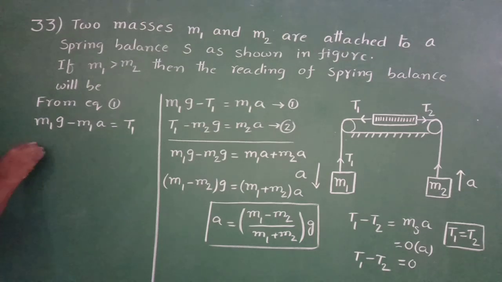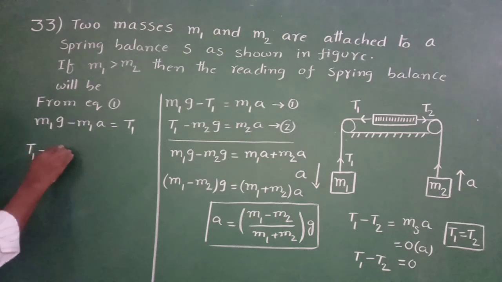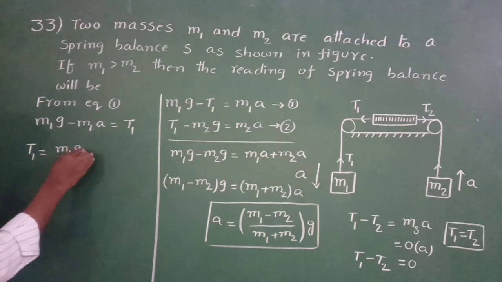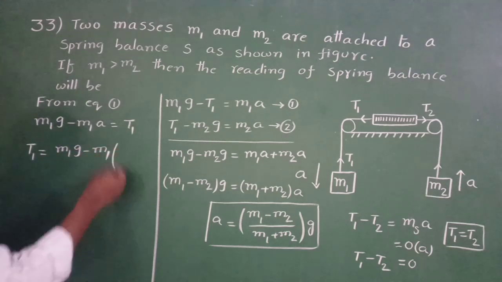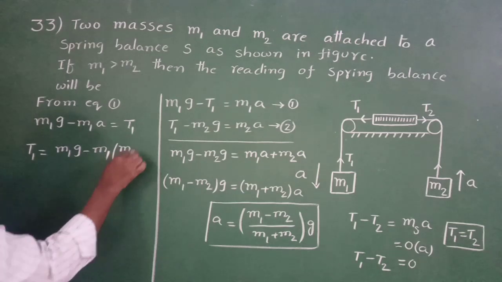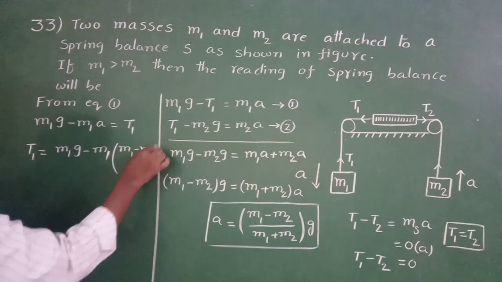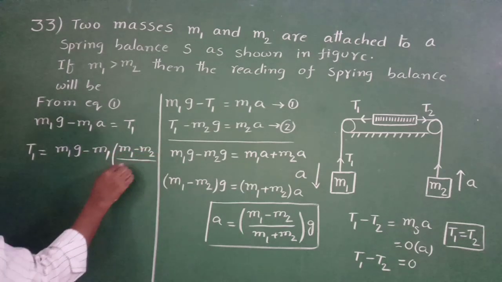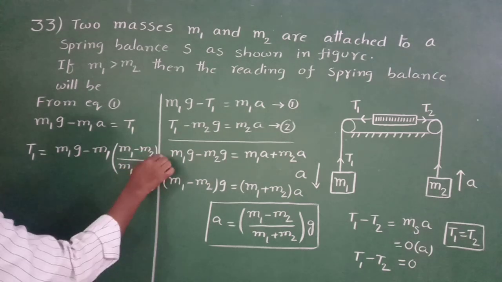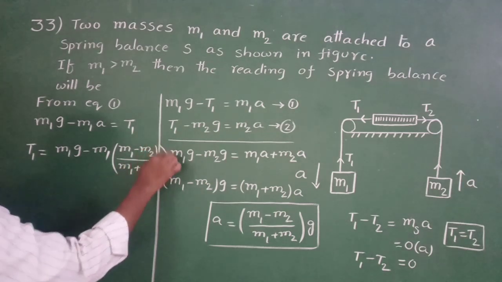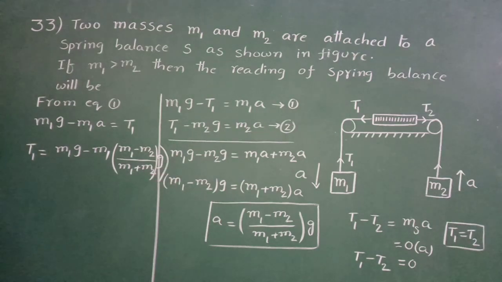From this, T1 is equal to m1g minus m1 into a, and we know a is (m1 minus m2) by (m1 plus m2) into g. In these two terms, you take m1g common, then we get T1 is equal to m1g into,